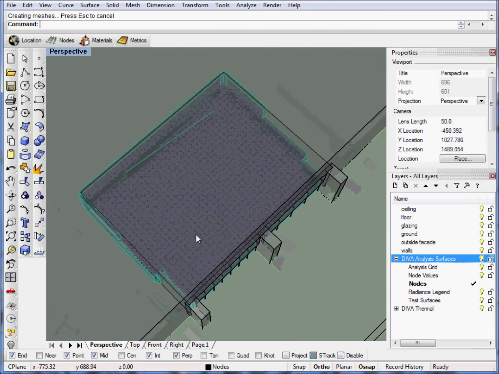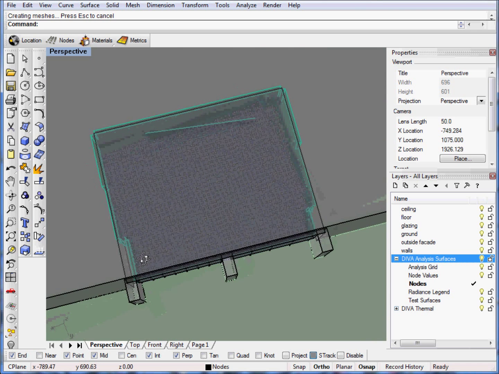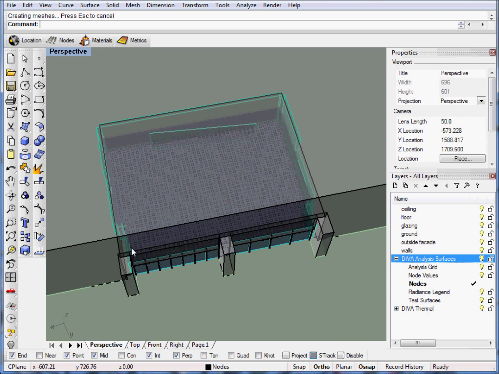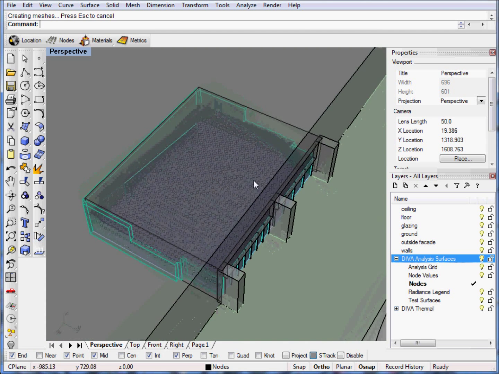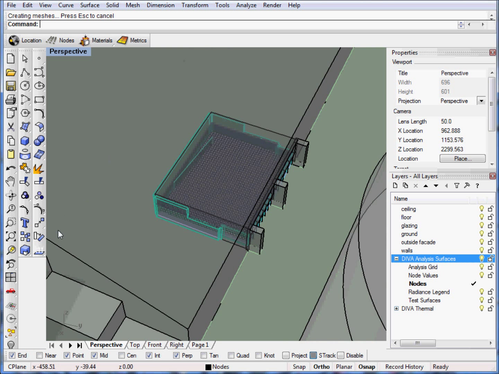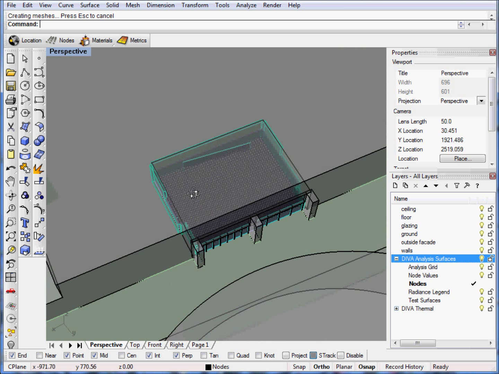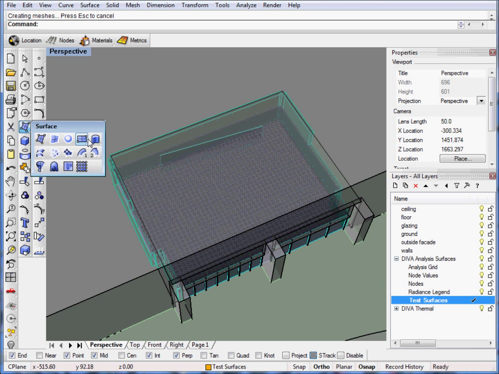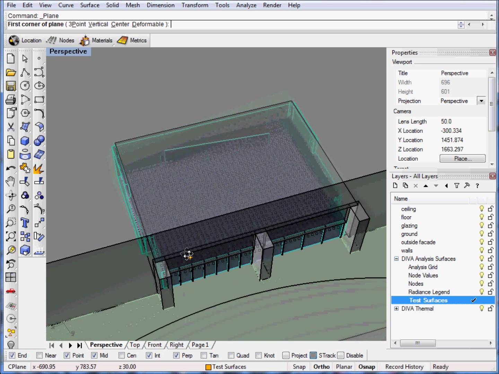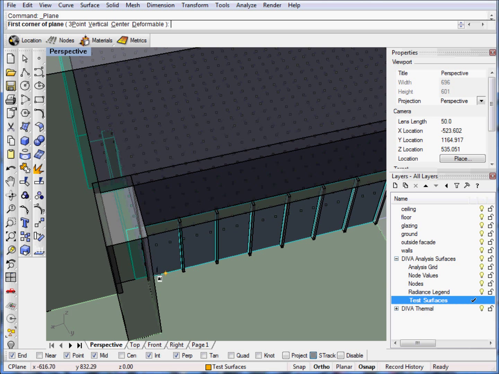Okay. So one other thing to note is, let's say you wanted to test only a part of your floor surface. So you had geometry that represented, let's say you were doing an office building and you had a large floor plate that your floor geometry existed on, but you really only wanted to test a particular part of that geometry. What you can do then is put the drive surface for your nodes on the test surfaces layer. So if I make that layer active and I go ahead and I draw